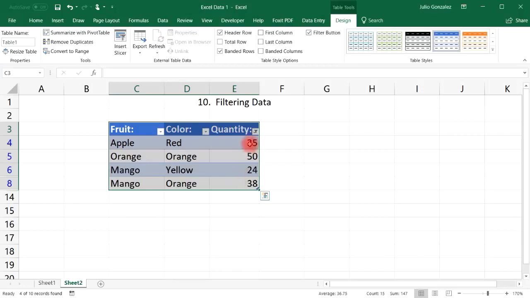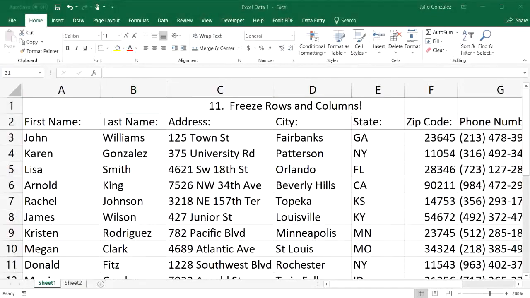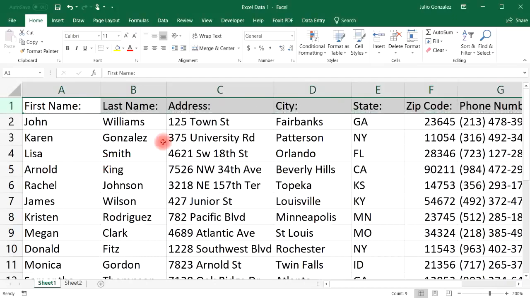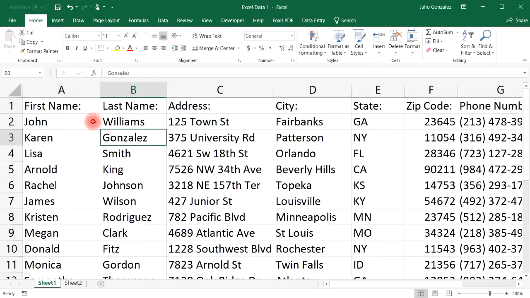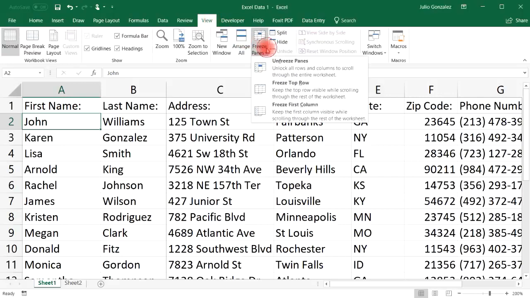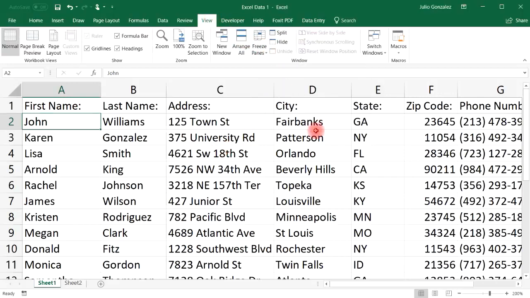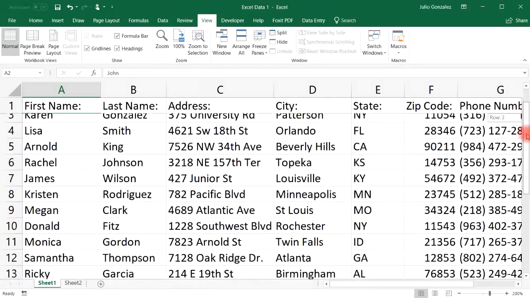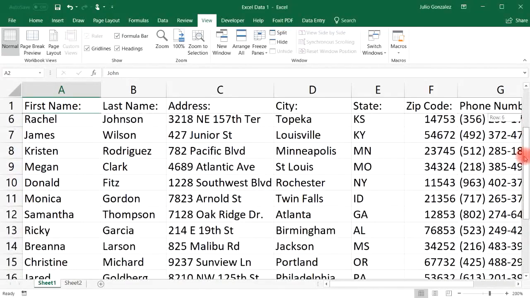Number 11, freeze rows and columns. Now sometimes you may want to freeze the rows and columns that you're working with, and I may need to delete this row. One way in which you can do this is you can go to View, Freeze Panes, and freeze the top row. And so what happens is, as you scroll down, notice that you will always be able to see the